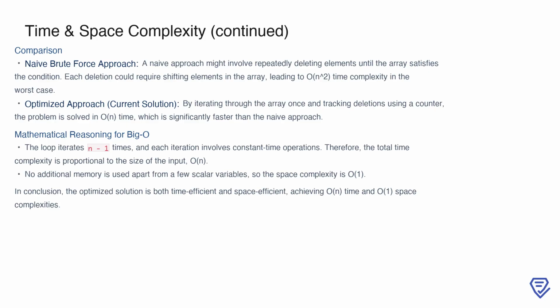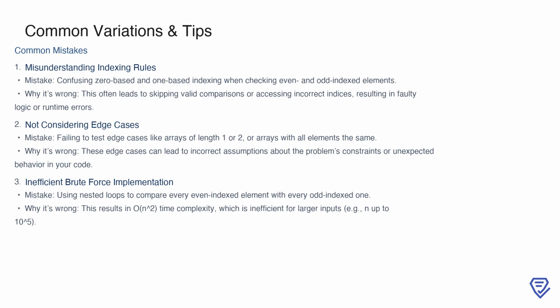In conclusion, this optimized solution is both time efficient and space efficient, addressing the problem in the most effective way possible. Let's start by addressing some common mistakes that can occur when solving this problem. First, misunderstanding indexing rules is a frequent error. Since arrays in programming typically use zero-based indexing, it's easy to confuse even and odd-indexed elements. This can lead to skipping valid comparisons or accessing the wrong indices, which can break your logic or even cause